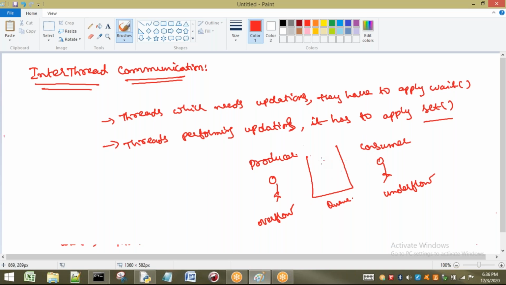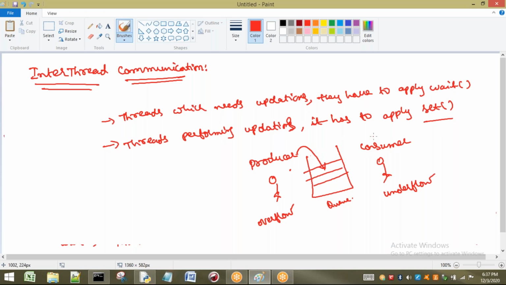Now, how is this problem going to be resolved? The producer will produce some items, a minimum number of items, and he will intimate the consumer. Before, there was no communication. Now I am going to tell the consumer that I have produced. Until then, the consumer has to wait. So how does the consumer know that it has to consume? The producer will tell the consumer, okay, now you can consume.